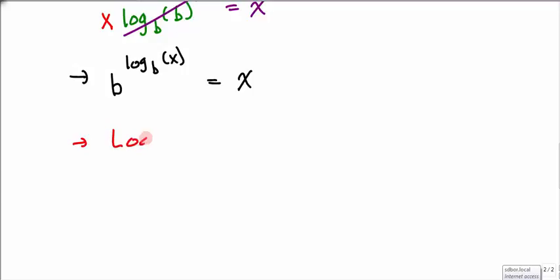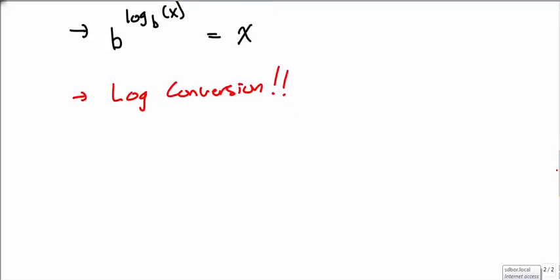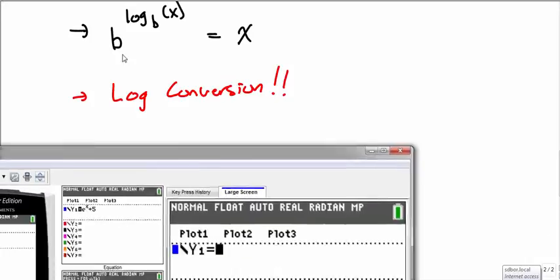This is called log conversions. So this is called a log conversion. Now some of you will need this and some of you won't, depending on the calculator that you have. So let me go ahead and pop in a calculator real quick. Now the calculator that I will be